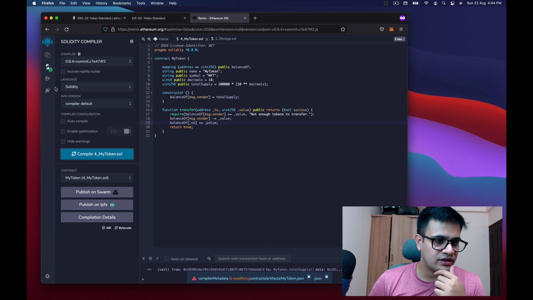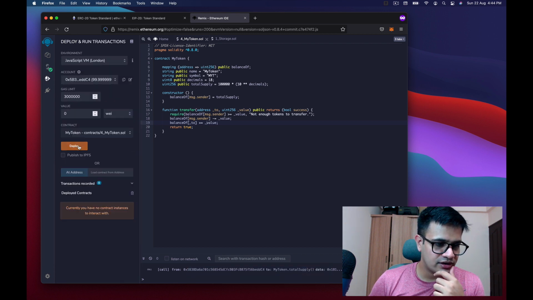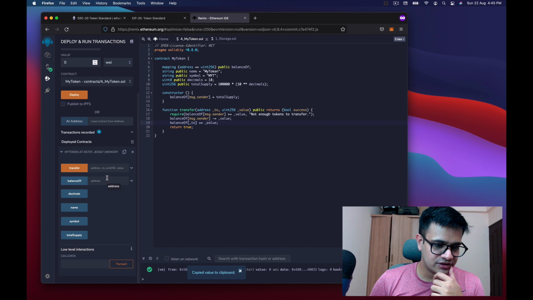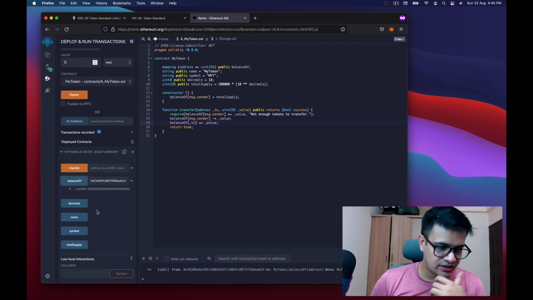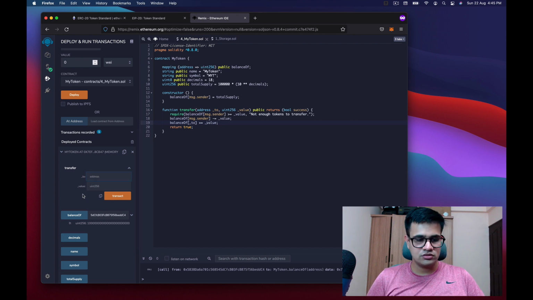Compile. Yep, it compiled. I'll just remove the old contract and deploy again. Whoa, there's a transfer function, as you can see. If I check my balance right now, it has some decent balance. All right, now what I'm going to do is transfer some amount to, let's say,